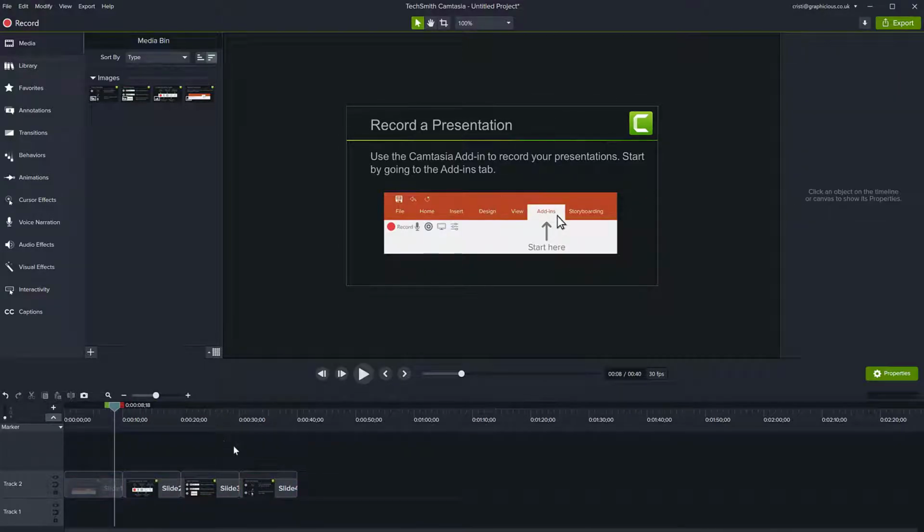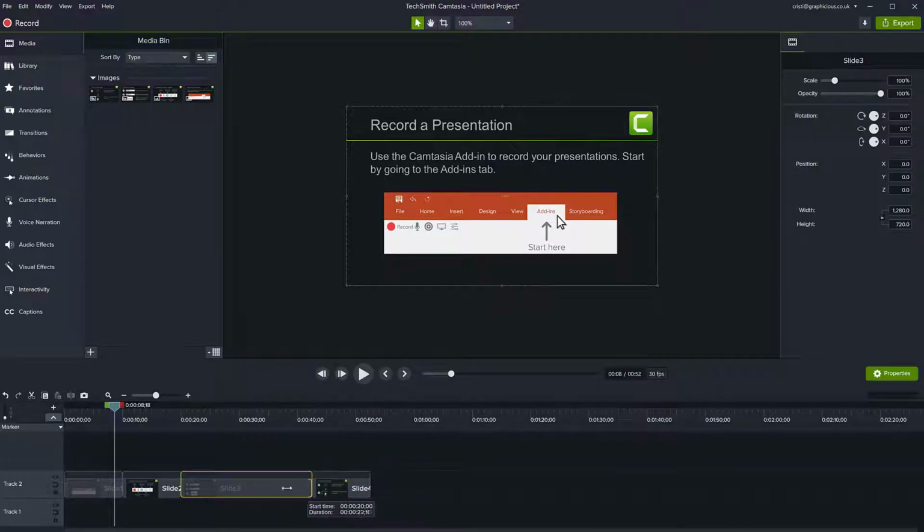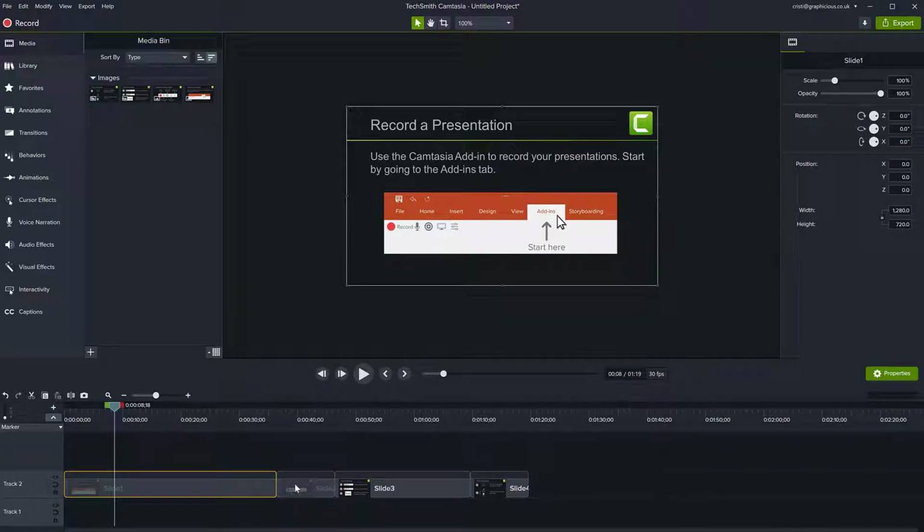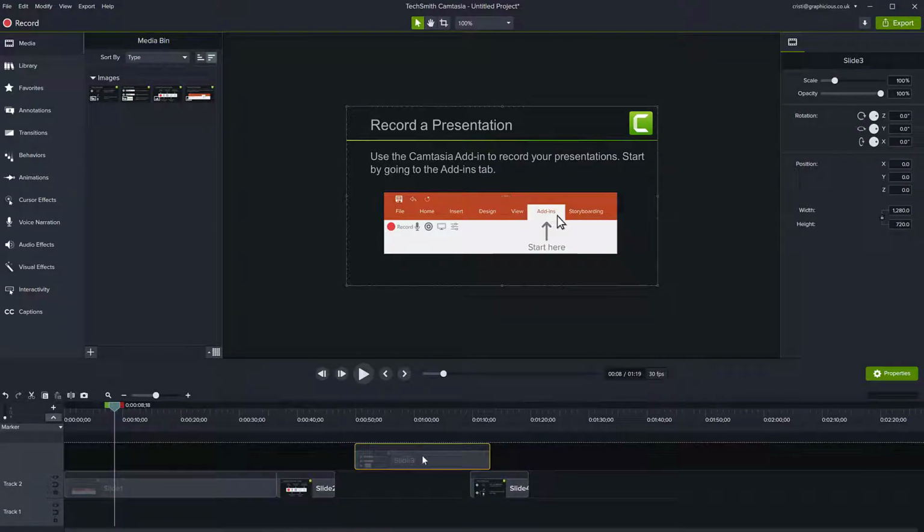Of course, now if you want some slides to last longer, all you need to do is just click on it and resize it using the Shift key. Hold down the Shift key, and it's going to push all of the other slides after it further down the timeline. If I want to make this one longer, select it and shift and drag. You can also change the order of the slides, just drag it and move it somewhere else.